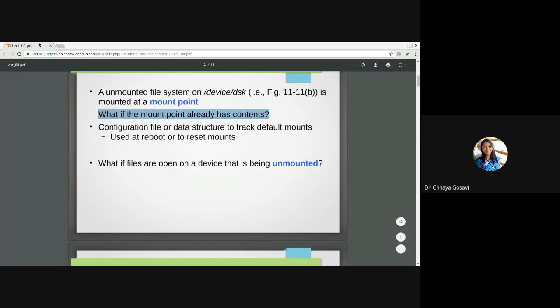Are you getting the problem? You connected your file system. Here I am taking the example of a pen drive again and again, because in daily life we are using pen drives. In previous cases we used to show this assignment with a floppy disk or hard disk, CD-ROM. You can also connect a CD to your system. So I have connected a pen drive, I opened one file and I am modifying or editing that file, and suddenly that pen drive is removed. So what will happen to my file? Will the content be saved?